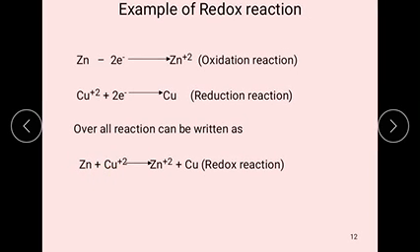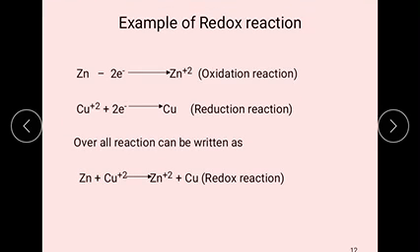Already we discussed that one substance should lose electrons and those should be gained by another substance in a single reaction, then it is called a redox reaction. Here zinc lost the two electrons. It converts into zinc plus 2. Here the oxidation number increases from 0 to plus 2. At the same time, when zinc lost the two electrons, the two electrons are gained by the copper plus 2 and it converts into copper. Here it is gaining the electrons from the zinc.